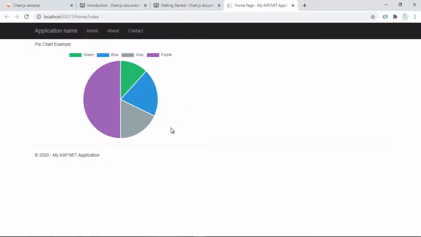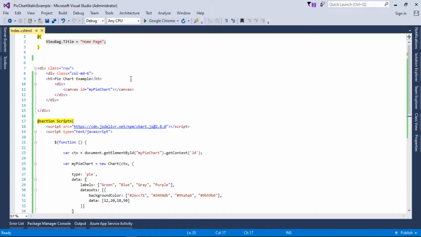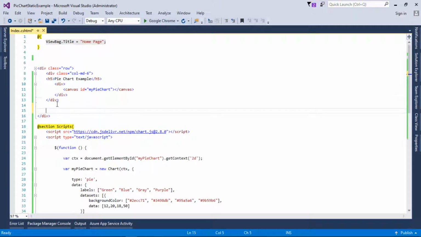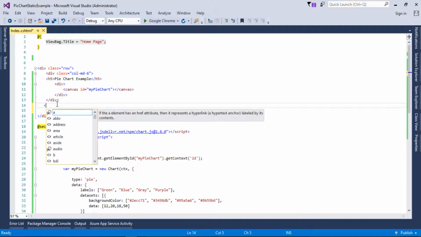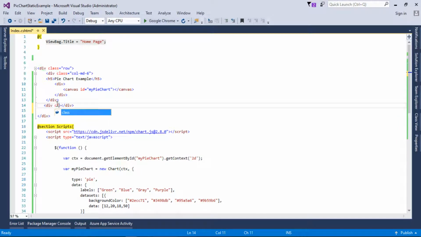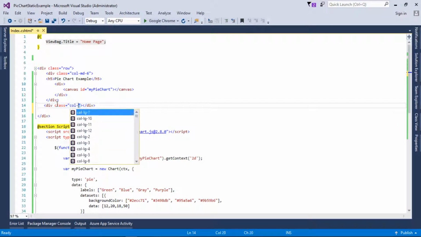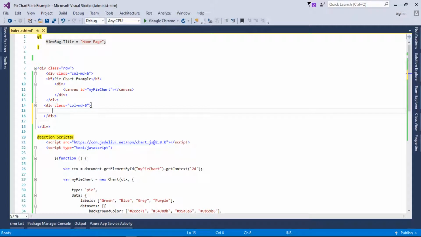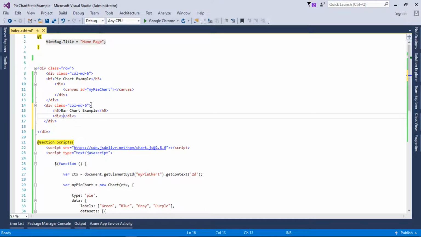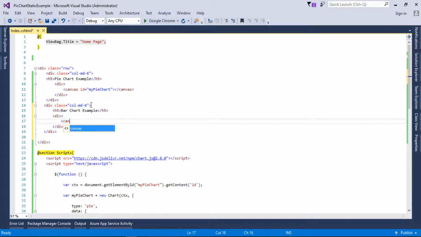So let's get started. First of all, let's go back to Visual Studio, and here as you can see some of the bootstrap. I will create another div of class col-md-6, and in this div we will type our heading. The heading will be Bar Chart Example, and the second one will be a div, and in this div we will create our canvas.